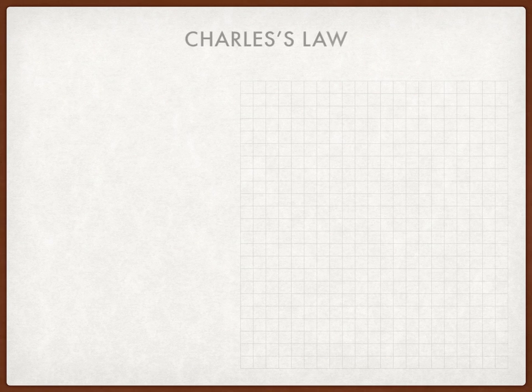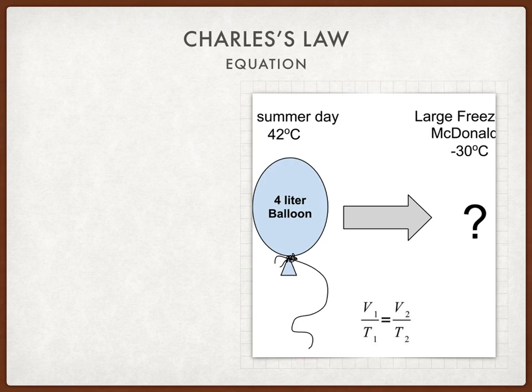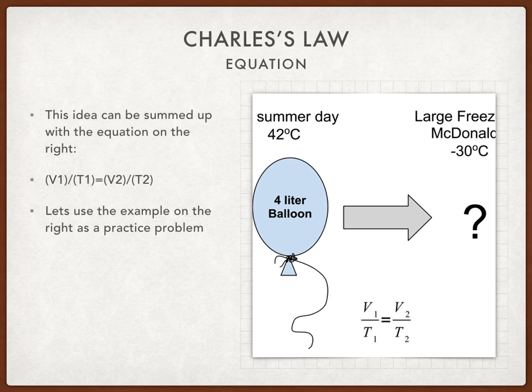And now we're going to be looking at the equation within Charles's law. This time it's going to be V1 over T1 equals V2 over T2, and we're going to be looking at this example here: on a summer day, 42 degrees Celsius, a 4-liter balloon. What happens when it's negative 30 degrees Celsius? Well, we're going to plug everything into our equation. We're looking for the second volume here, and our answer is going to be 3.08 when you do all the